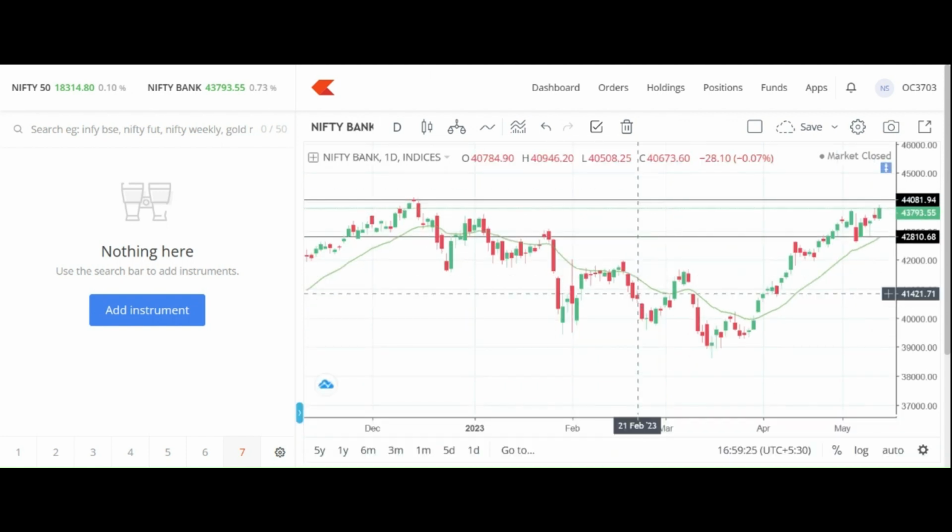And now let's discuss the Nifty Bank chart. Yes, what is happening on the Nifty Bank chart? Nifty Bank is more positive than Nifty 50. Nifty Bank is trading at 43,800 और ये काफ़ी कुछ अपने एक रेजिस्टेंस के ऊपर भी क्लोज हुआ है,